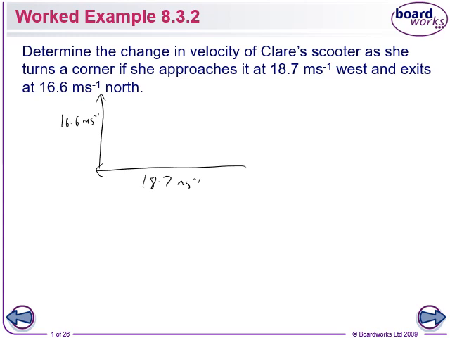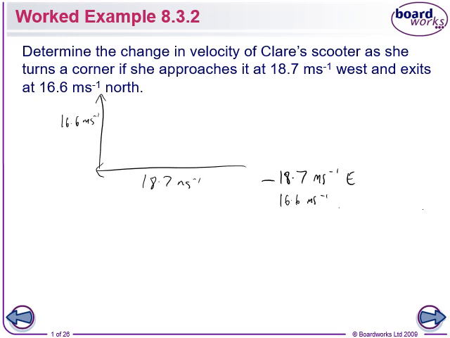Okay, our 0th step, use the opposite of the initial vector. So our initial vector here is this 18.7 meters per second west. So the opposite of that is negative 18.7 meters per second east. Okay, so we have negative 18.7 meters per second east, and we have 16.6